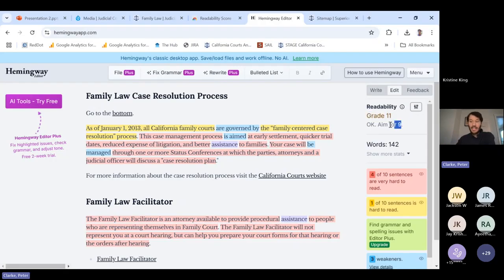This says aim for 9. If you can aim for 8 on a public website, like the ones that we manage, that would be absolutely ideal. So if you do have some free time, or if your job is to look after the content on your website,